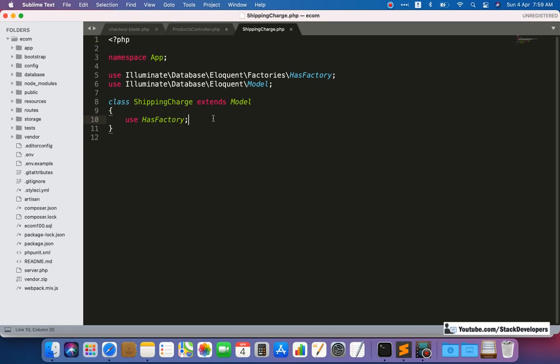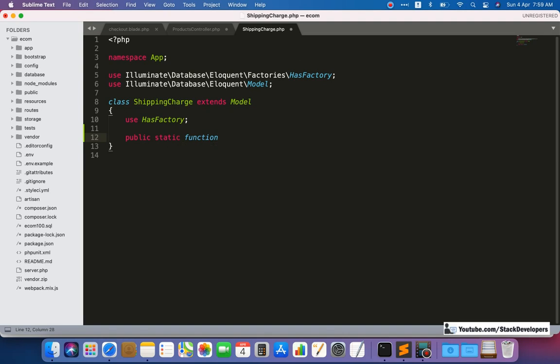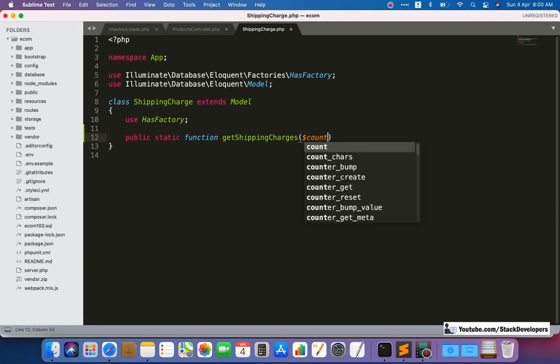This is the model that we created last time, and here we want to create one function, a public static function, and here we will create getShippingCharges. And we are going to pass the country here.